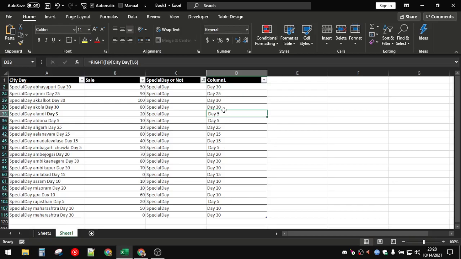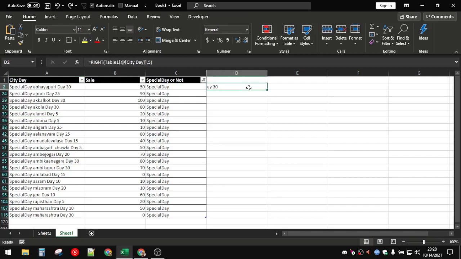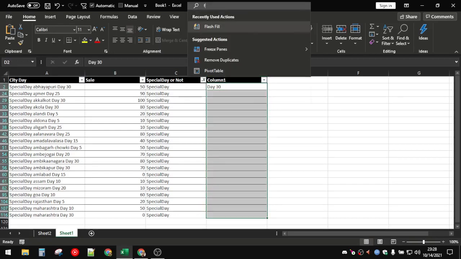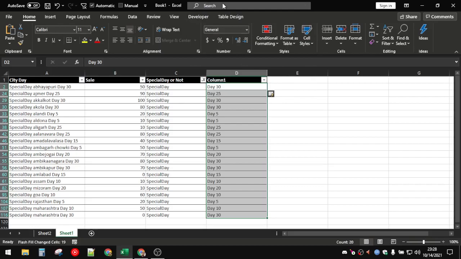So what we can do is, if you have the flash fill feature, this will work perfectly here. Let me show you how. Instead of typing the particular formula, I just type day 30. And then I select it all here, I search flash fill and I press enter. Now you will see that it hasn't put a space before the day 5. And this is the special thing about